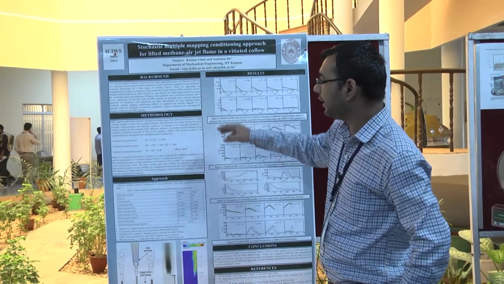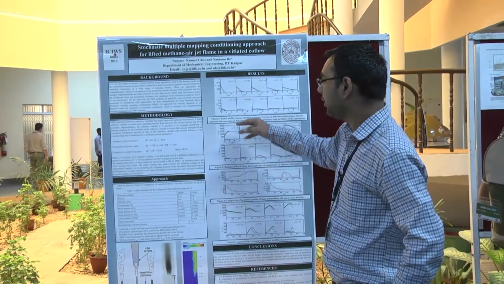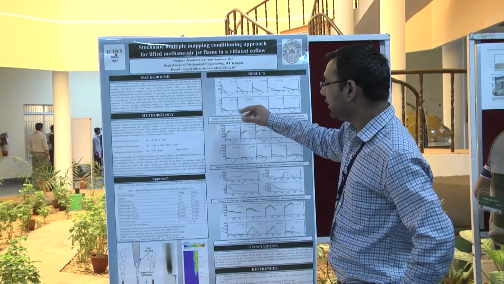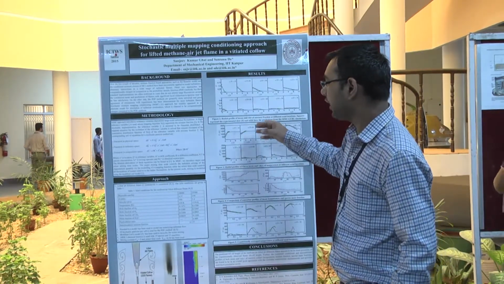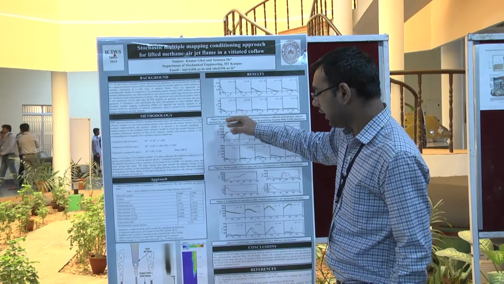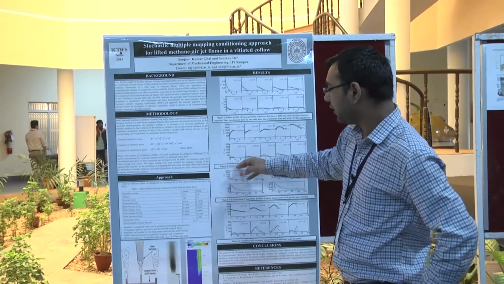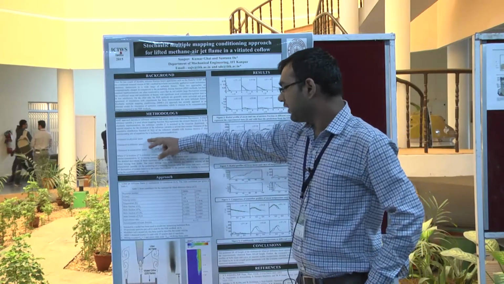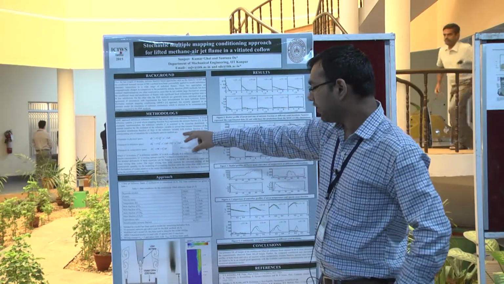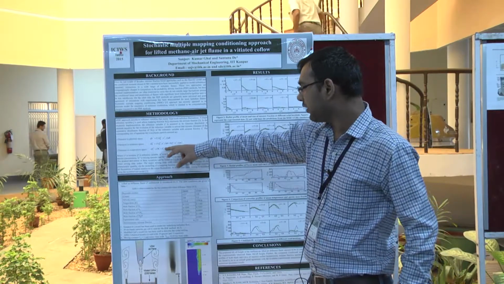CMC and flamelet methods are applied to mixture-fraction-based approaches, but in this method we map the mixture fraction to a reference variable. We use only 20 particles per CFD cell. This is computationally cheaper, and we map the physical space with the reference space, so it ensures locality in the composition space.